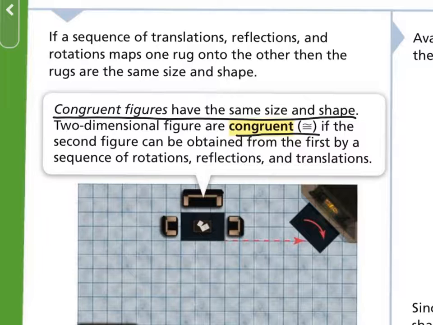And there's a symbol here for congruent. It looks like an equal sign with a little squiggly line over the top of it. Okay? So same size and shape as each other, then they are congruent. So they give an example here in your book. They took